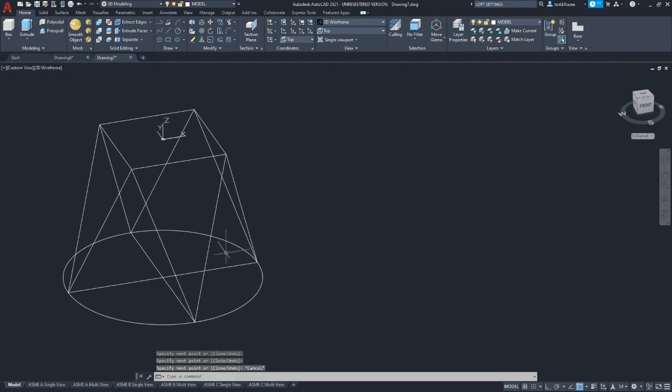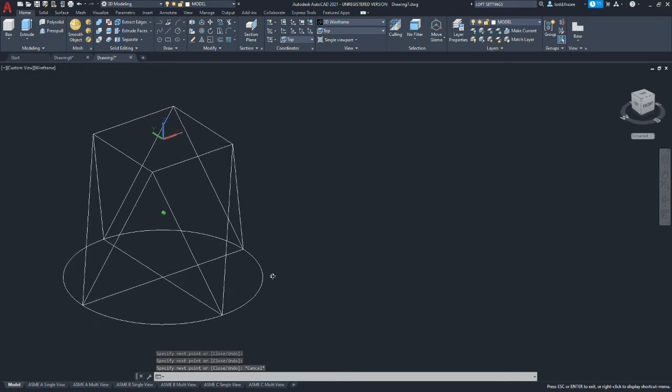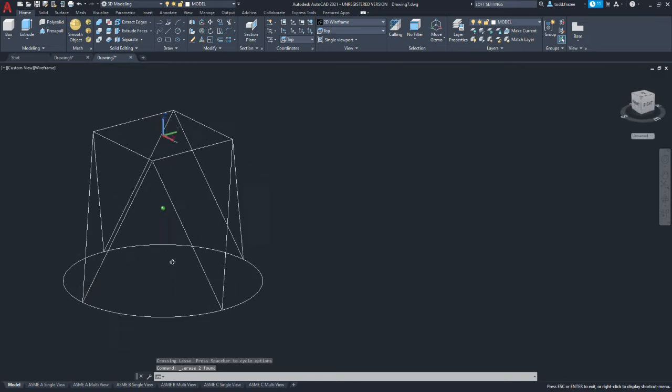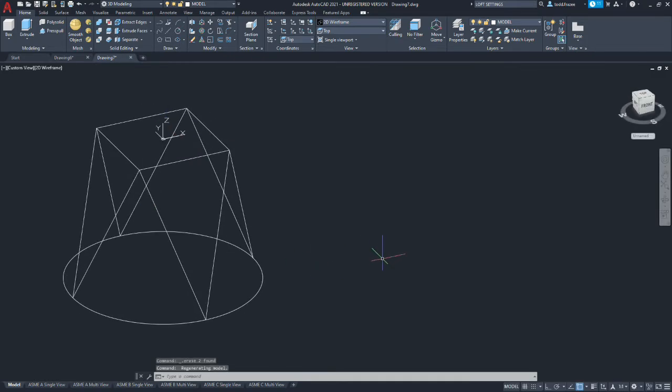Okay, and we should spin it around and make sure we have the facets like we want. And then we can delete our index lines, a little less clutter. Okay, so we've got a faceted look.